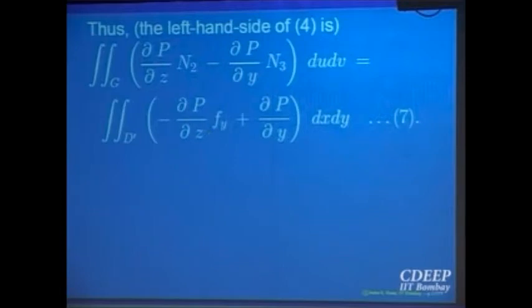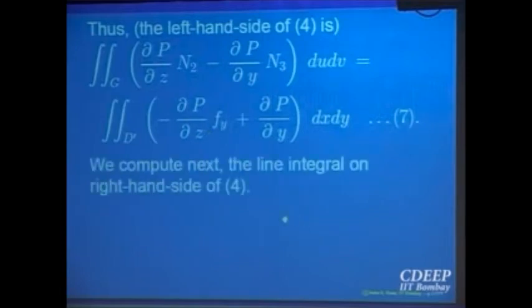Now I want to show that this is equal to the right hand side, that is, the line integral. Let us simplify the line integral also now. What does the line integral look like for this special surface which is projectable onto the xy plane? Now I want a parameterization for the boundary of that surface, to compute the line integral F dot dr. And how do I get a boundary parameterization for the boundary of that surface? Because it is projectable, I will look at the boundary of the domain D prime in the xy plane, the projection, and I will lift that boundary up. I will get a parameterization for the boundary of the surface, and then compute the line integral. So let us do that.